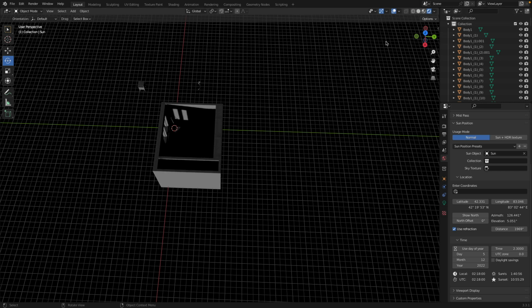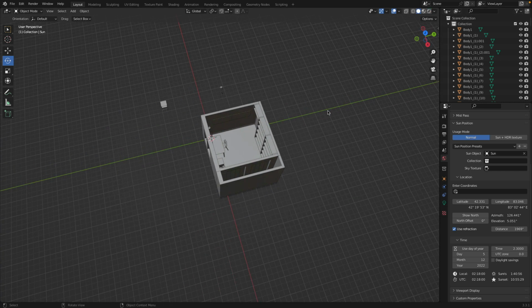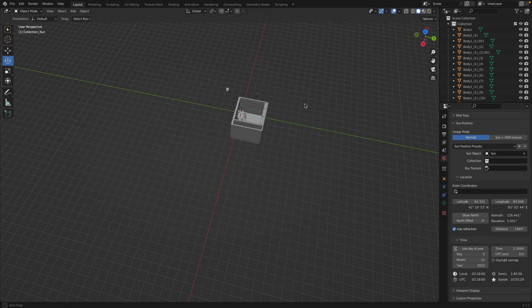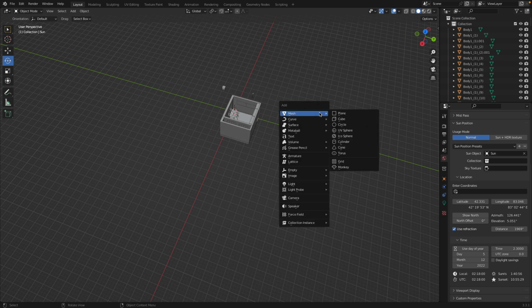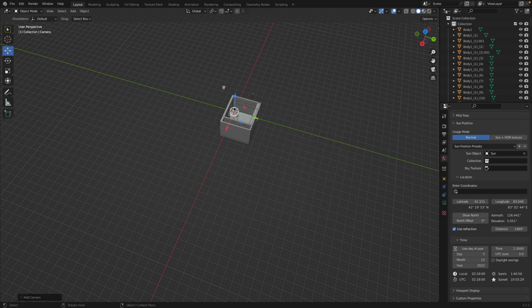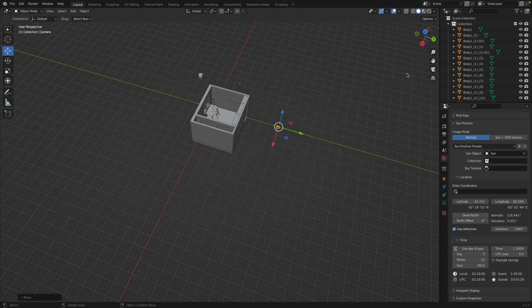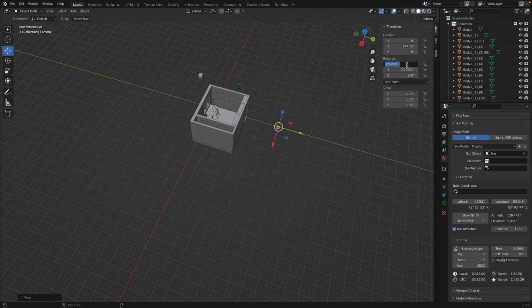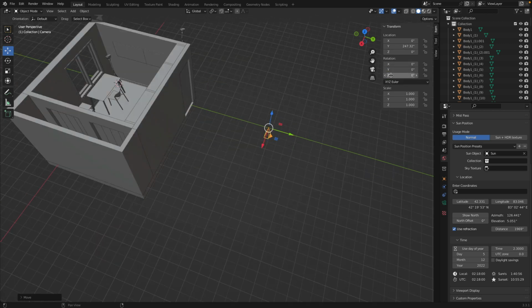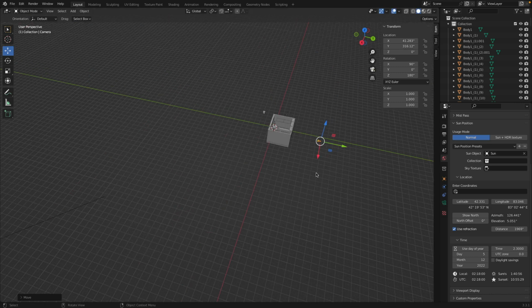Okay, so now, since we also want to quickly see how this could look from the inside, first, in this view, Shift A, make a camera. And then this camera, I move back to here. I can press N, and then here I type in 0, tab, 0, 0, 0, enter. Very good. This I need to rotate. So 180, and then along the x-axis 90. Very good. Bring this back, bring this to here,